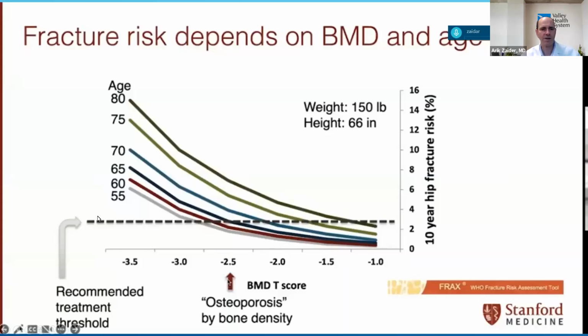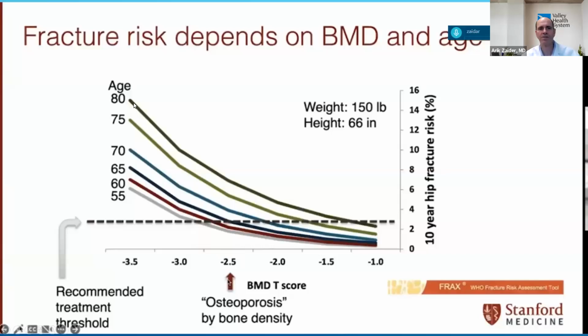So first of all, if you look with me at the dotted line towards the bottom of the graph, parallel to the x-axis. If you get above this dotted line, which is 3% in the case of hip fractures, you have a very high 10-year risk of hip fracture. So above this dotted line means risk of fracture, okay? Now look at this other graph here in the lower x-axis. It's the T-score, okay? The lower the T-score, the higher the risk of fracture.